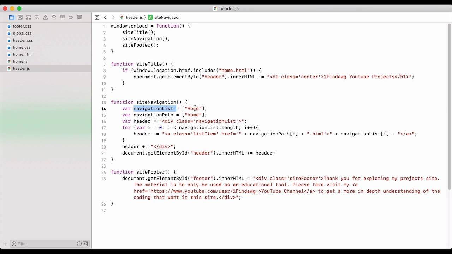So I've got my navigation list. So that's actually what's going to be displayed. And I've got navigation path, and that's going to be what the computer needs to know of where it needs to go when someone clicks that button. I then create the div, the opening div tag, and I give it the class name navigation list. I then go through a loop for the navigation list, and as it cycles through, it's going to add a